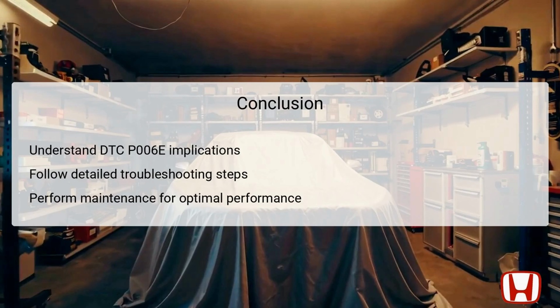In conclusion, understanding DTC P006E and its implications for the Honda Civic is crucial for maintaining optimal vehicle performance. Following the detailed troubleshooting steps ensures a systematic approach to diagnosing and fixing the issue. Each step taken, from inspecting wiring to verifying PCM operation, contributes to an overall better performance and reliability of the